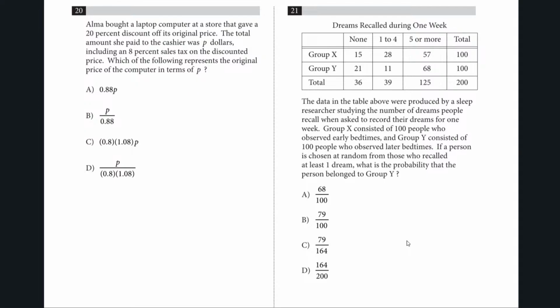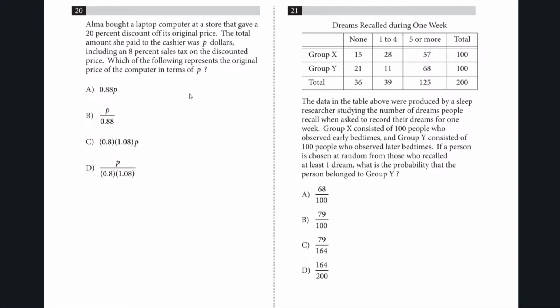Alma bought a laptop computer at a store that gave 20% discount off its original price. The total amount she paid to the cashier was P dollars, including the 8% sales tax on the discounted price. Which of the following represents the original price of the computer in terms of P? Oh my gosh. Okay, so we have